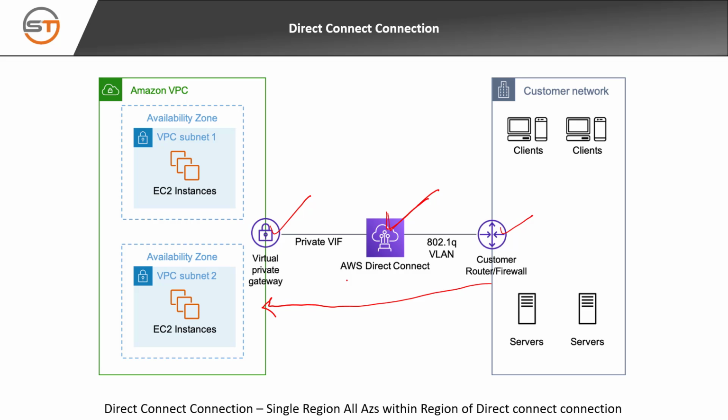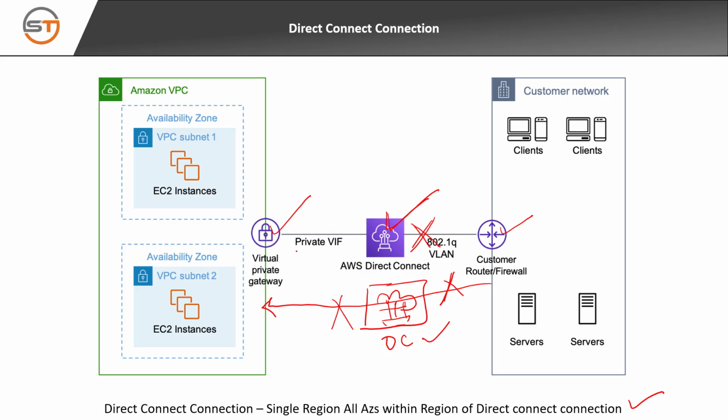So consider a scenario where we have an AWS Direct Connect connection from your data center to the VPC and your direct connection fails. Then how will you handle the failover? To handle the failover, you can have a second AWS Direct Connect connection, so that when this connection fails, the traffic is automatically routed to the second Direct Connect connection. Having a second AWS Direct Connect connection is an expensive option, but desired availability might make it an option worth considering.